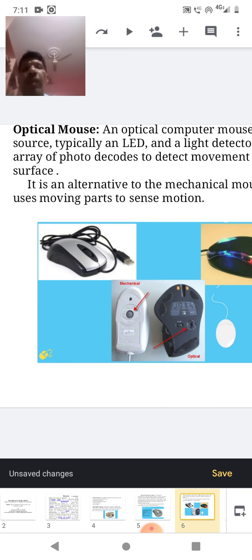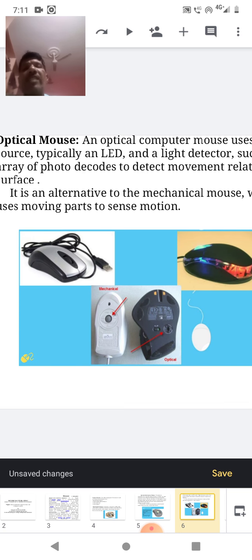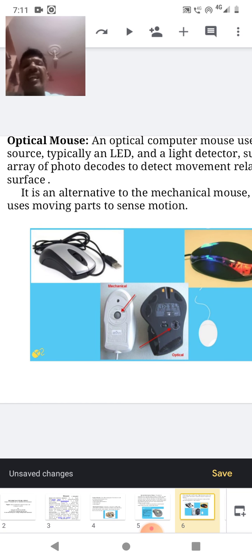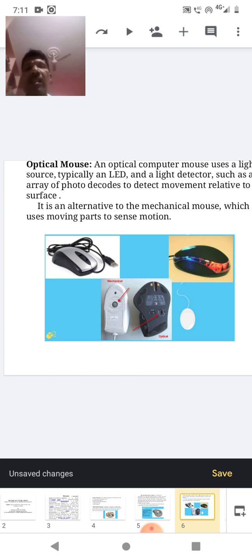Here the optical mice perform various commands with the help of the LED light. So that means the light beams are used to detect the moving parts of sensor motion on the screen, and such movements are executed with the Windows operating system.